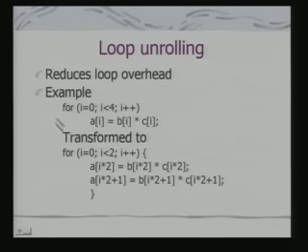So, this is the basic idea of loop unrolling: reducing the overhead of loop execution, because loops occupy a very large part of your execution time, since you actually execute code in loops. If you profile, you will find that the time required for different loops varies, and a major part of your execution time is spent in loops. So, if we can really optimize the loops, then we get an advantage in meeting the timing constraints of the design.